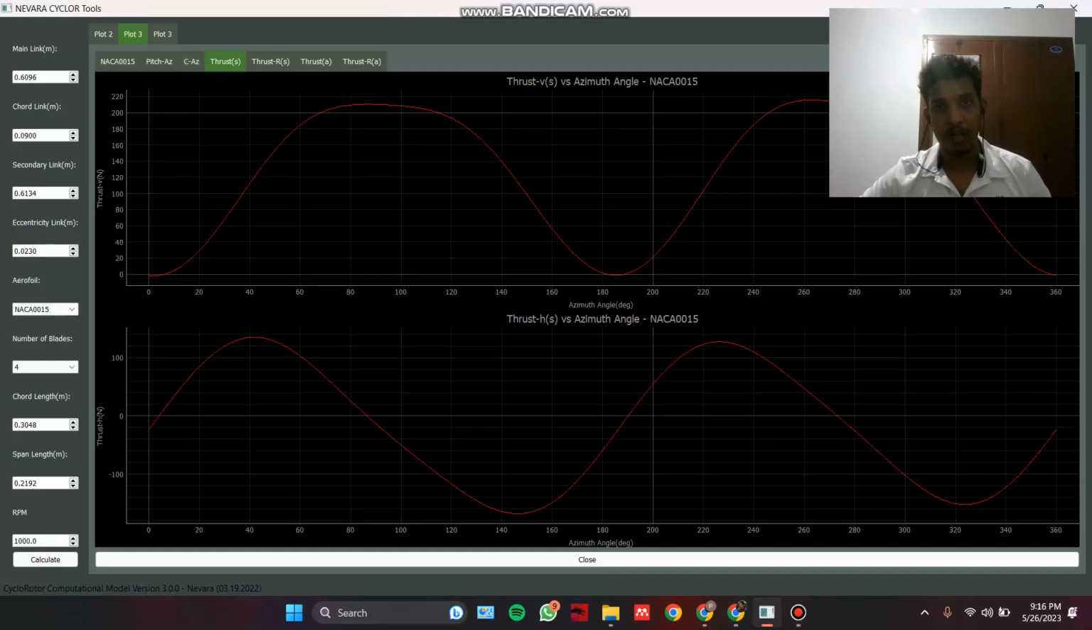This thrust is for a single blade, a single wing. The thrust is displayed in two perpendicular directions, the x and y axes, basically towards the moving direction and in the perpendicular direction of the moving direction. So we have the vertical and horizontal components of this thrust here, and as I said earlier, this is for a single wing. But since you have several wings here, we need to analyze several